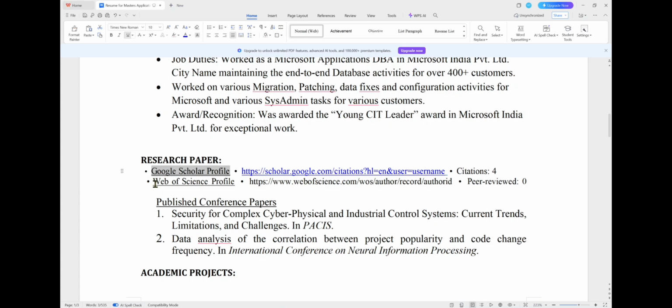And how to create a Web of Science profile, I actually have a different video. You can watch that video because it goes into details of how to create a Web of Science profile, how to perform reviews of research papers, and so on. So this particular person has had 2 published conference papers before he applied for a masters into Hamad bin Khalifa University. So these are the details of the conference papers. And let's go into the details of